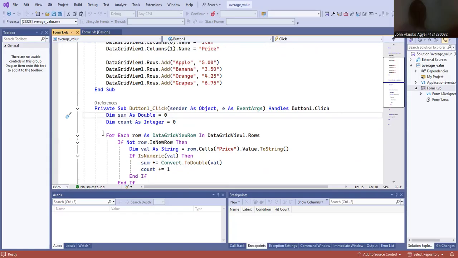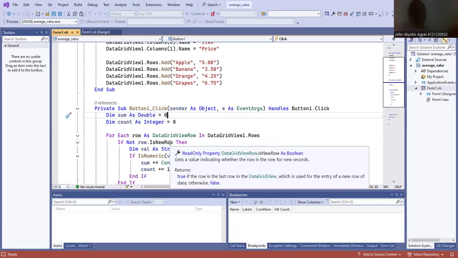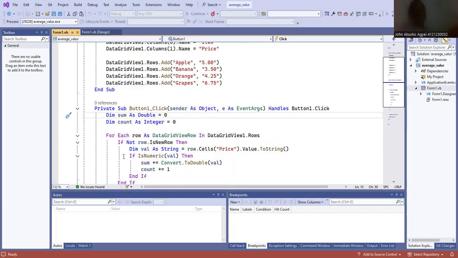Then we have a for loop: For Each row As DataGridViewRow In DataGridView1.Rows. This for loop looks through all the rows. If Not row.IsNewRow then, which means if the row has no data in it, it is a new row. If it is not such a type of row, then